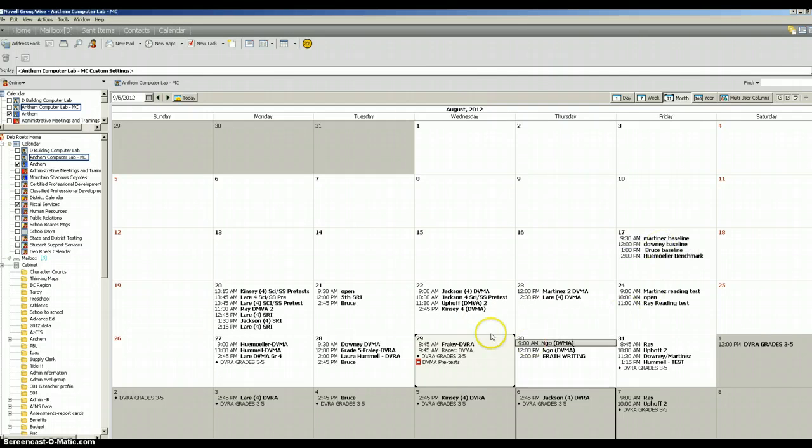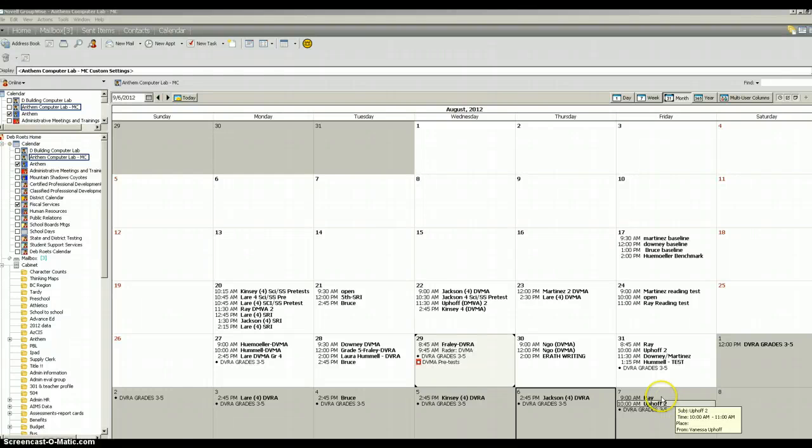If you're just wanting to schedule to take your class in, if you look down here, such as Ms. Uphoff, she scheduled at 10 o'clock to take her class in. You don't need to put the details or what you're going to be working on with your class if you're just taking them in for a learning activity or computer lab time, an experiment, whatnot. You just need to put down what you're working on if it is a quarterly assessment, benchmark, things such as